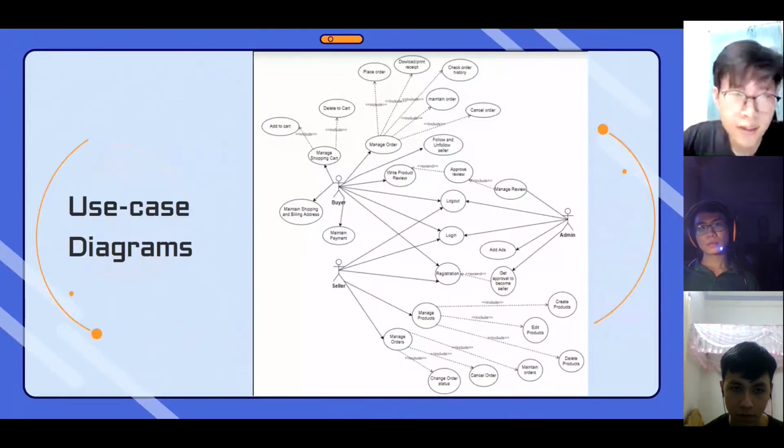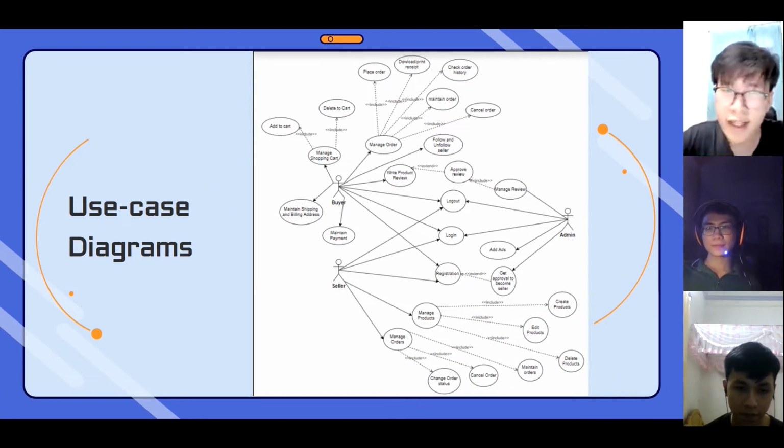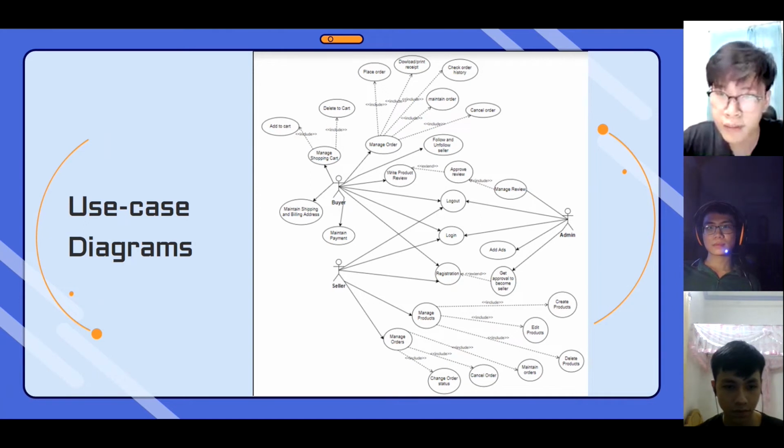Right. So here's our use case diagram. We have 3 main roles: the buyer, the seller, and the admin. The buyer can register, log in, and log out. When he logs into the website, the first thing he can do is see the list of products, and he can manage the shopping cart, like adding to the cart and deleting from the cart. He can also manage orders, like placing the order, printing the receipt, checking order history, and maintaining the order,